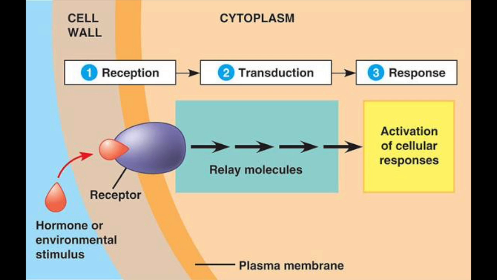This diagram shows how a signal transduction pathway takes place and all the process of how it occurs. Growth factors and other messenger molecules that bind with the receptors on the outside of cells activate genes deep inside the cell. This happens because the messenger molecule activates a chain of events that carries a signal through the cell to the nucleus. When a growth factor binds to its receptor on the outside of the cell, which is the red, which then binds to the purple, which is the receptor cell,